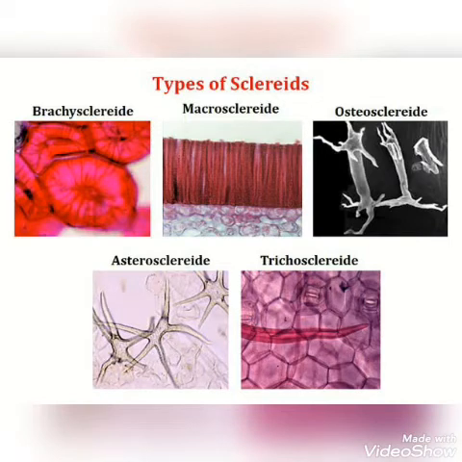Now moving to brachysclerites. They are isodiametric sclerites found in bark, pith, cortex and fleshy portion of some fruits like pear, guava. They are also known as grit cells because of their grittiness. Moving next to astrosclerites. Astro, the name symbolizes star-shaped sclerites. In the above diagram, you can see astrosclerites resembling the shape of a star.